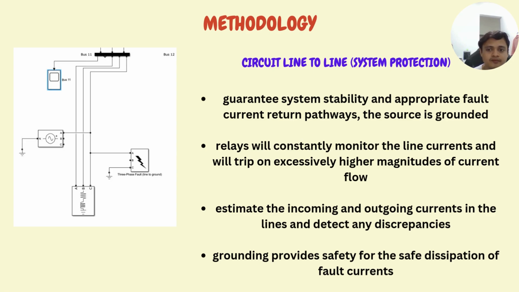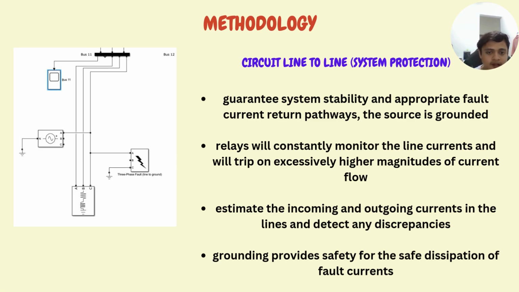connected downstream. This is one of the most frequent faults, resulting in overheating and damage to the equipment and voltage instability in the faulty section if not removed as quickly as possible. Against this type of fault, protection can be achieved by combining some relays. Overcurrent relays will constantly monitor the line current and will trip on excessively high magnitudes of current flow. The differential relay will compare the incoming and outgoing current in the lines and detect any discrepancy caused by the fault. A circuit breaker connected to bus 11 shall isolate the faulty section